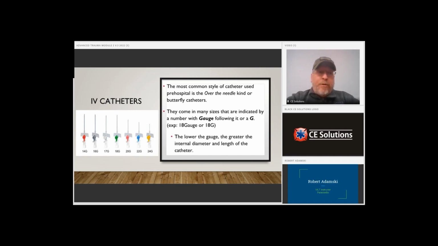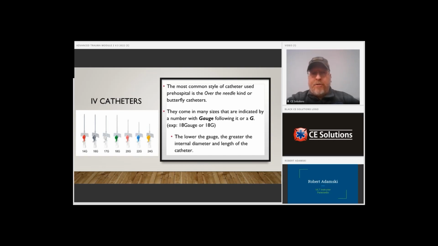Typically speaking, we use 14, 16, 18 gauges for our adult patients and for our trauma patients. All right. If you have a medical patient, especially a little old lady or something with awful veins, you may want to go 20, 22 gauge. All right. Even a 24 gauge in rare circumstances. And then for our pediatric patients, especially our neonates, our infants, you may want to go with a 22 gauge